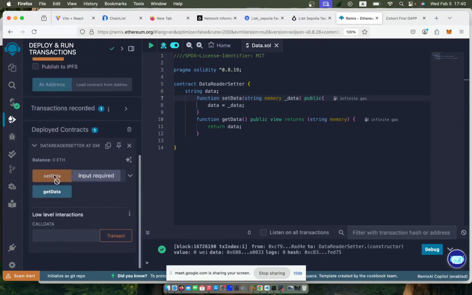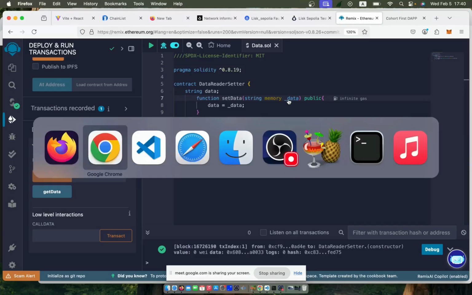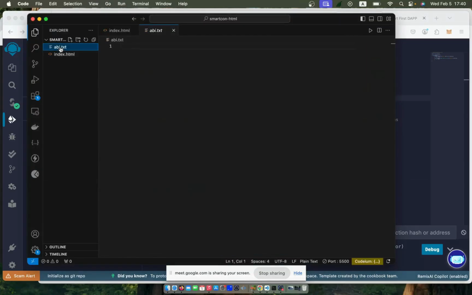If a function is public, it can be accessed on deployment. The way to access these functions is through the ABI and then the address. So from your ABI, if I open up the ABI, maybe I just